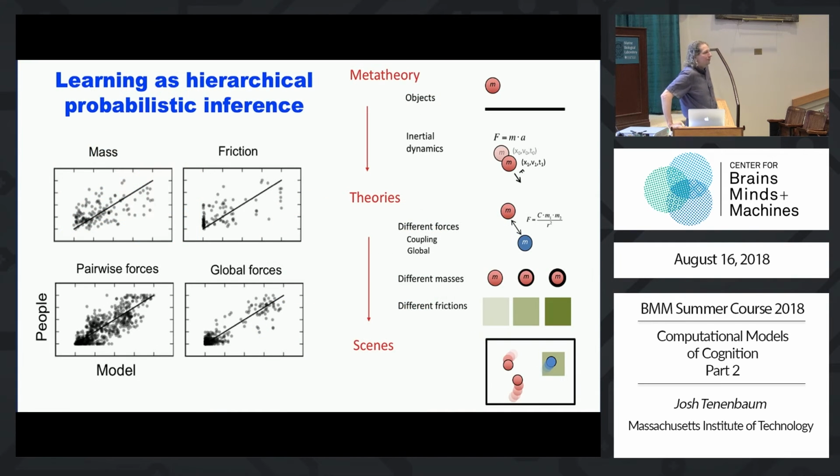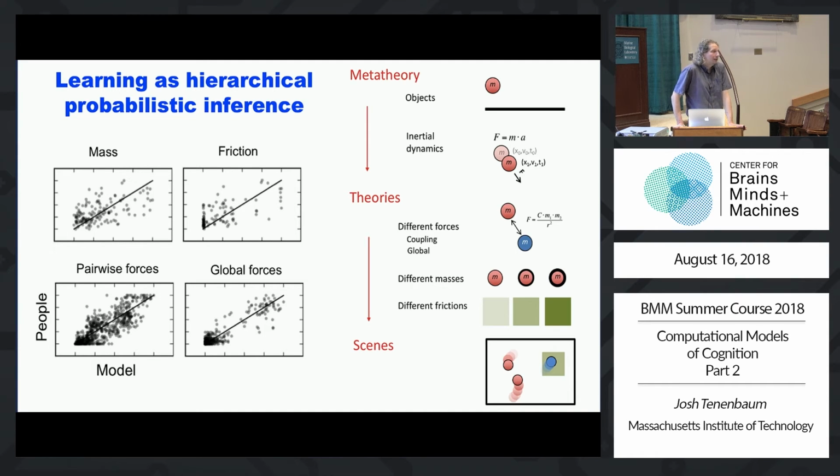So what Tomer and colleagues did is they showed people brief movies in a number of these different worlds, just 5 seconds of a movie. They were allowed to view it a couple of times, but they were asked a number of different questions, like what forces were operative, what attracts what, what might repel, what are the relative masses of the different colors of objects, what are the relative friction or roughness of the different surface patches, and people can judge all of these things. They're far from perfect, and the models are also far from perfectly capturing people. This is a harder task, especially when you only have 5 seconds and you have to make a bunch of different physical judgments. But people can do this, and it's interesting that they can do it at all.